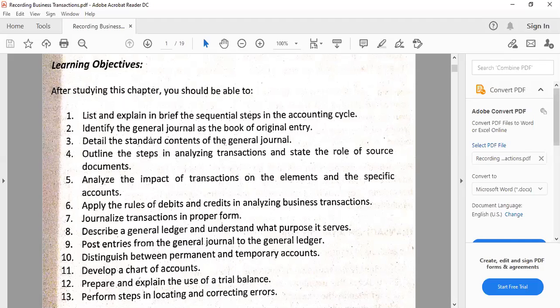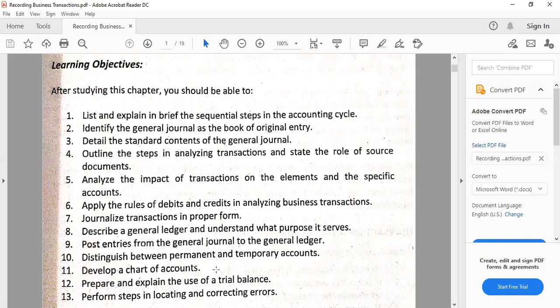And after that is the actual posting process, in which we transfer from the general ledger, of course, that's going to be for the general ledger, then to the trial balance if we prepare the trial balance. However, if this is really the posting, that's from the general journal to the general ledger. So this is for posting entries. And posting is the process of transferring the journal entries, specifically the account titles and respective amounts, from the general journal to the general ledger.